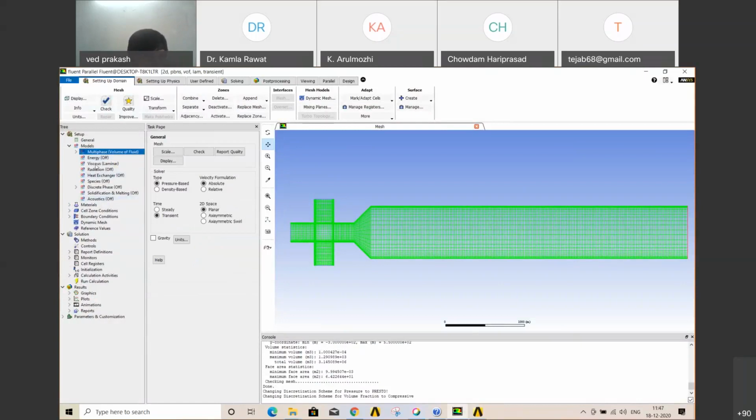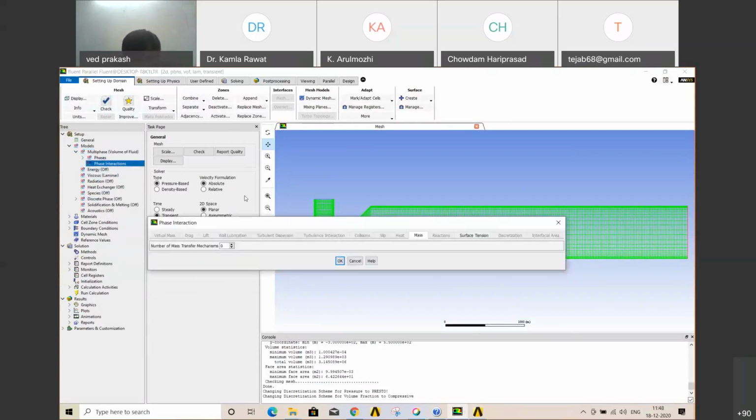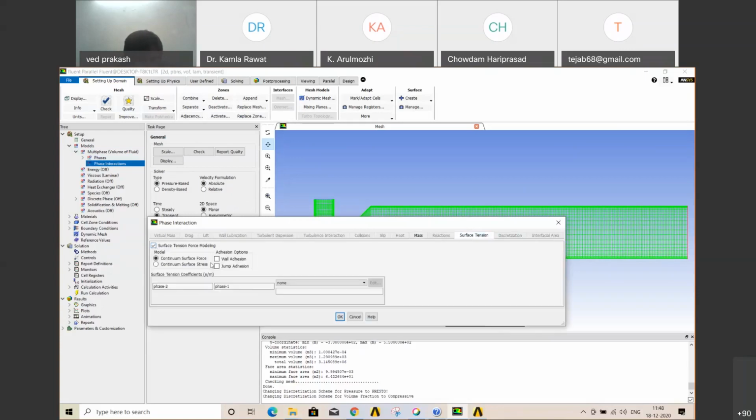Now the next step is in the multi-phase. When you open, you see there are two options, phases and phase interaction. Now we have to provide this interaction: how much surface tension will be there between those surfaces? Just click on phase interaction. Select surface tension, surface tension force modeling, then wall adhesion. Here between phase 2 and phase 1 you can provide a user-defined surface tension, if you have created your own fluid which has a different surface tension. I'm using a constant value